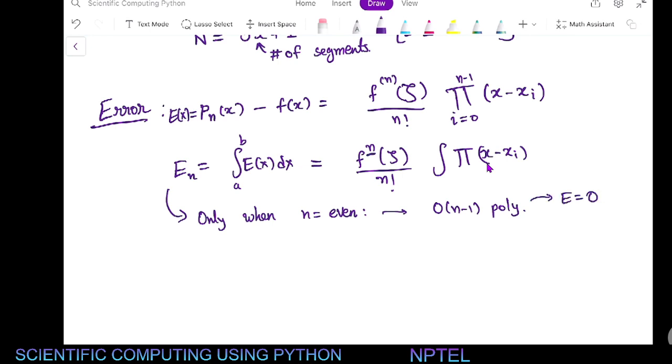Because we are taking the nth derivative, so we have terms only up to x to the power n minus 1, so all of them will get killed, right? And that's not surprising because we know that error at every point x is going to be 0, which is same as saying we are able to estimate the function exactly everywhere. So obviously we are going to be able to integrate it also, right? So that's the idea. And when n is odd,